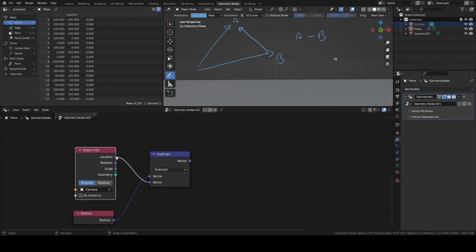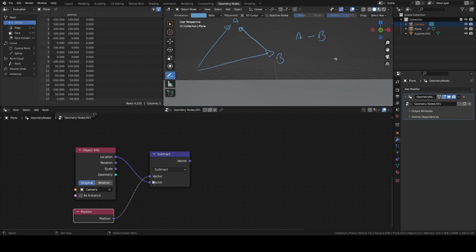Camera location is a single vector representing the position of the camera, while this position node is a field. So it represents the position of every point on the surface when it is computed by Blender, for example, for creating instances of objects.